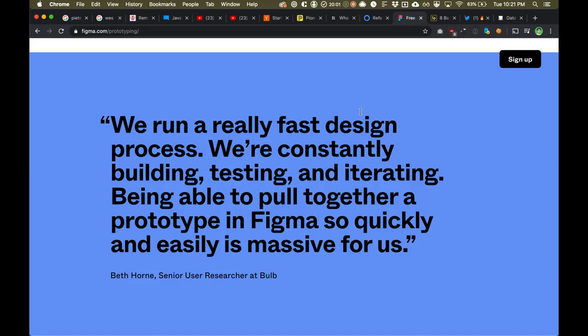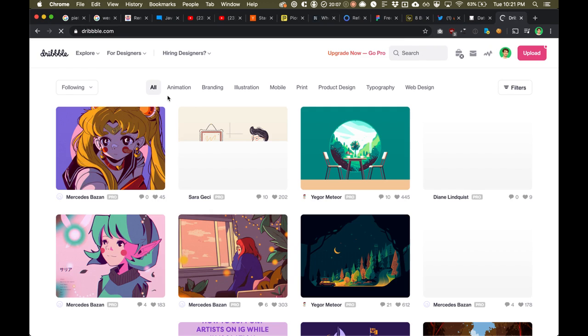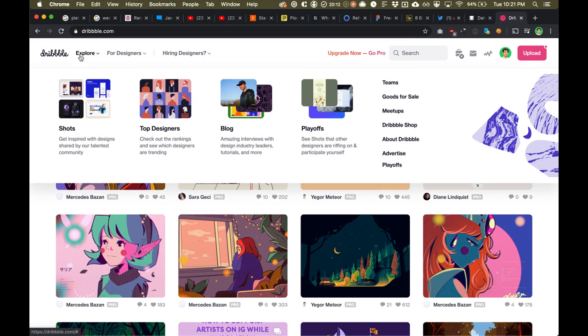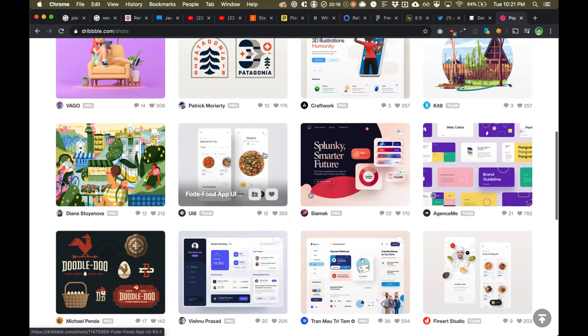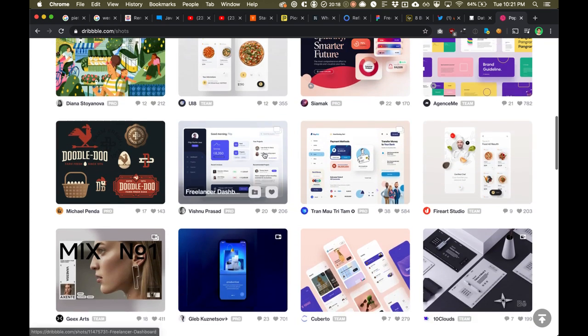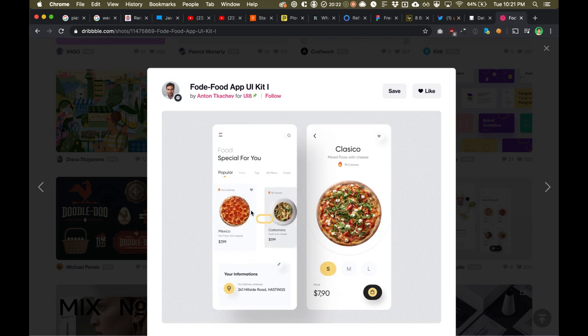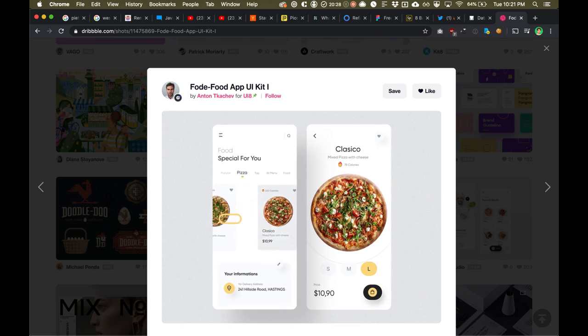One of my favorite places to copy from is Dribbble. They have excellent designers here. And let's see, if we go to Explore Shots, you're going to see some of the most gorgeous, most beautiful designs you've ever seen, even animations and stuff. But you can see, let's just click on this. Look at this drag, and then the clicking on the different things, and then you can see the pizza.